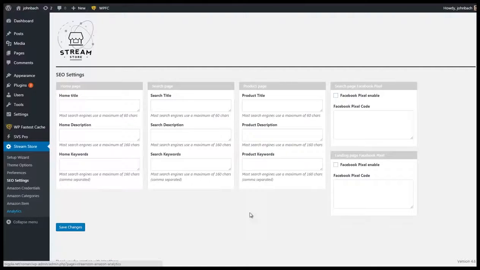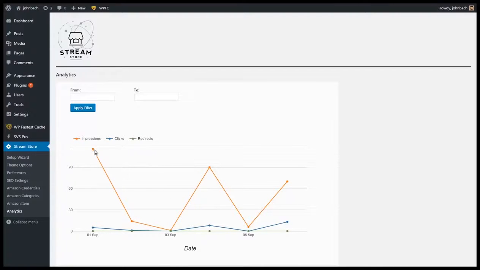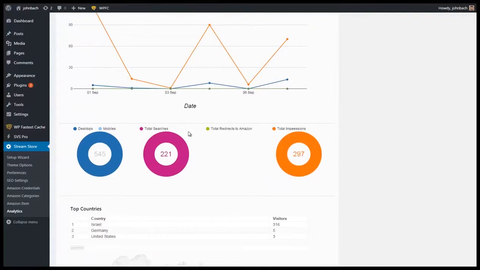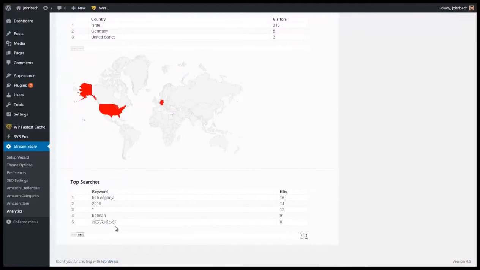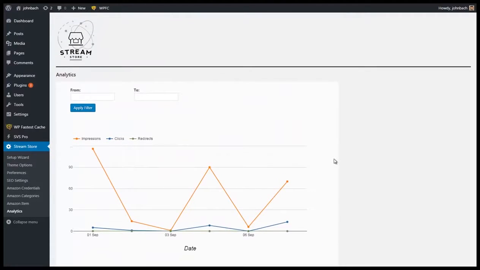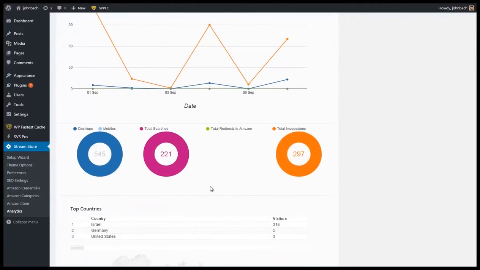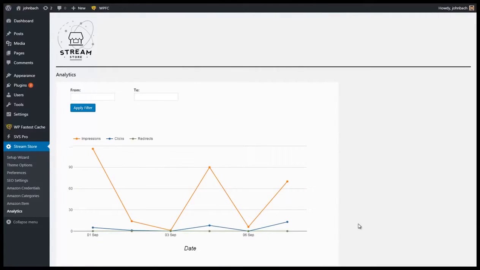Also here you have analytics to see which products were more searched. You can see here the date, impressions, where the people are coming from, what countries, what are the keywords most searched. So you have also inner analytics to be clear what are the best keywords and the best countries that you have to use. But one of the best things